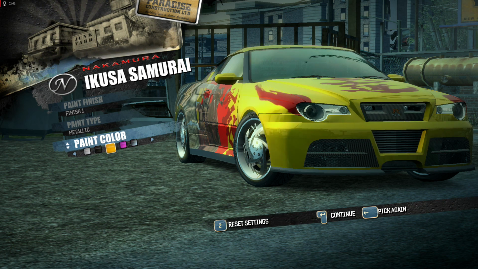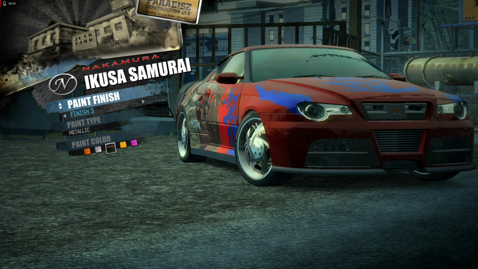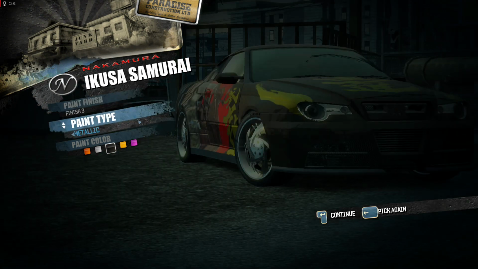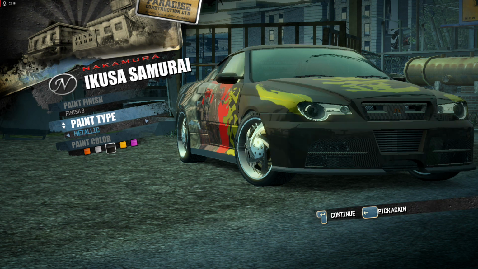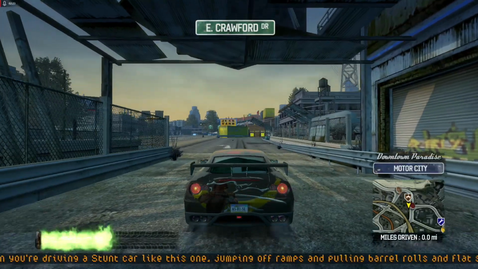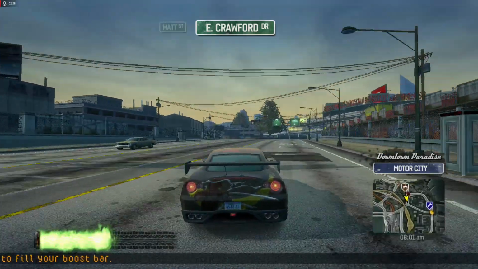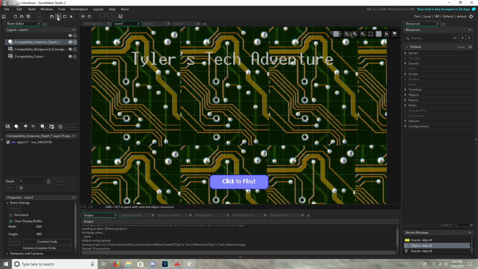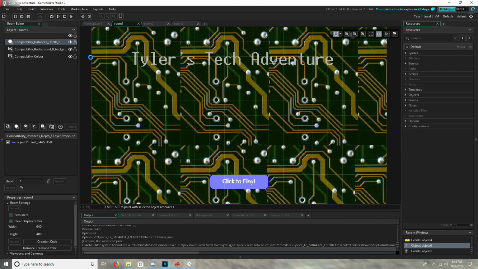But anyway, the first game here is called Tyler's Tech Adventure. The problem with this one is I made it in Game Maker Studio, and I did not know how to export Game Maker Studio games into an exe. So what I ended up doing was putting the entire game file into a zip file and putting that on a disk. That's how I used to save my games. It's a very, very bad way of doing it. But thankfully I found the disk here, and I still got the game on it, so I was able to just download the newest version of Game Maker, which surprisingly didn't break anything.